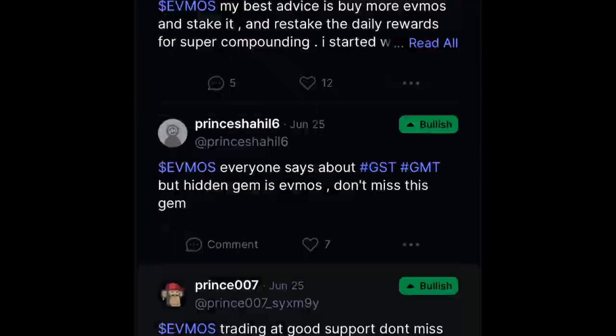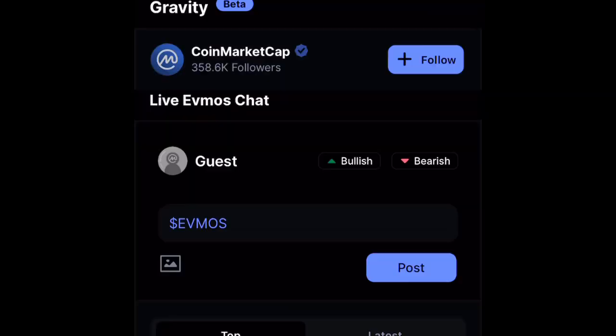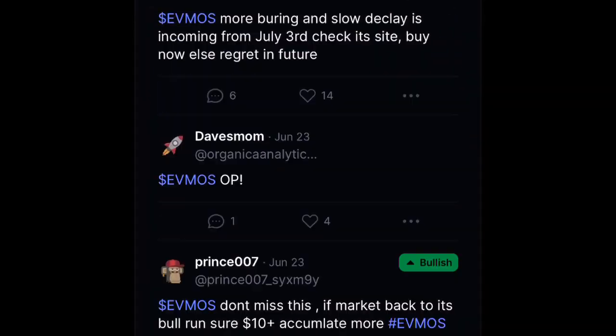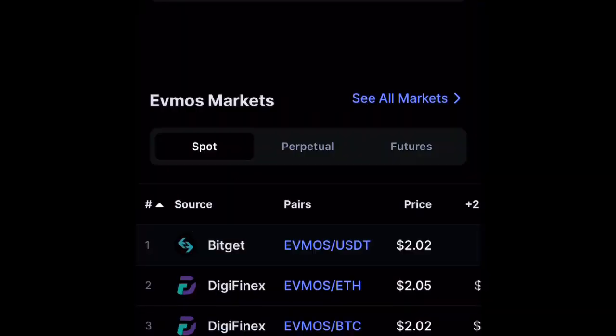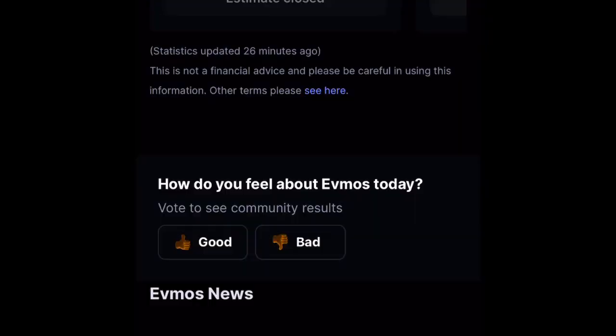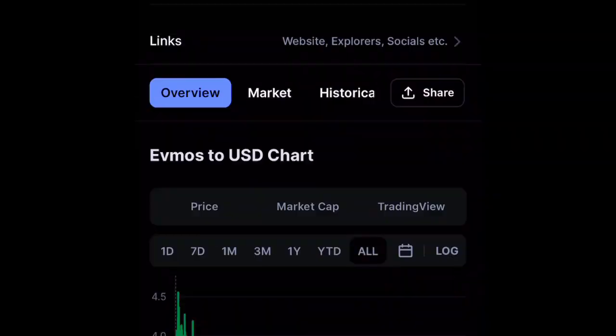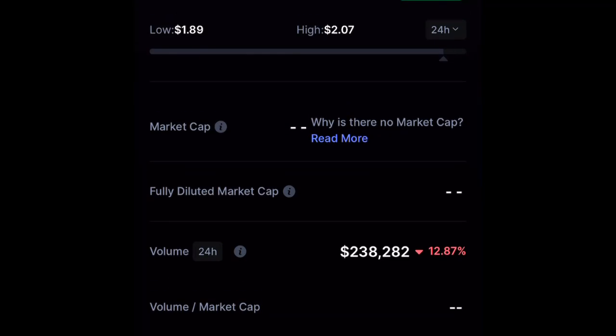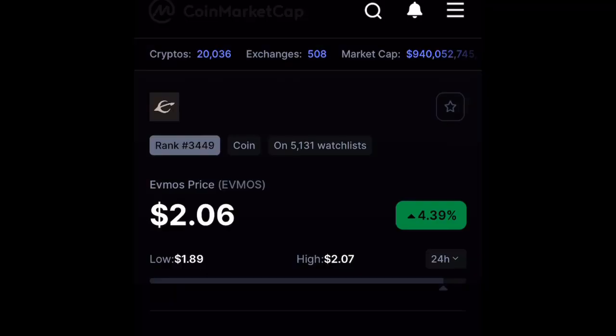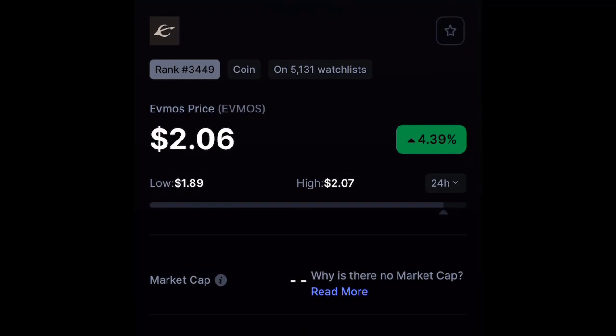I don't know why CoinMarketCap isn't showing love to Evmos, but you guys got to get it together, man. You got to put the Metamask stickers on here and all that. They don't have that on here. CoinMarketCap, step it up. I'm a real crypto head. You're going to hear the good and the bad from me. I love your platform, but when it comes to my boy Evmos, y'all aren't showing any love.